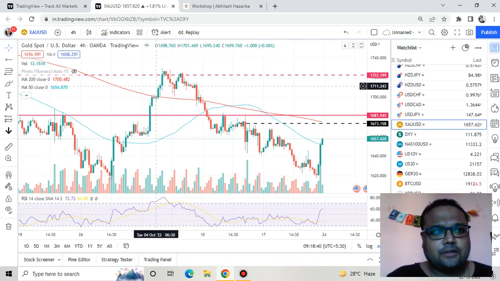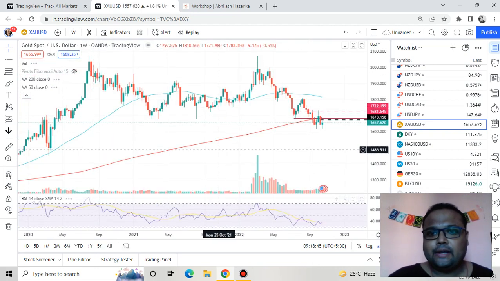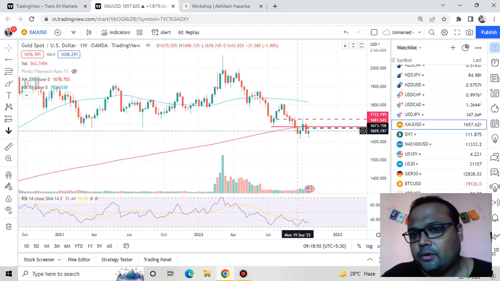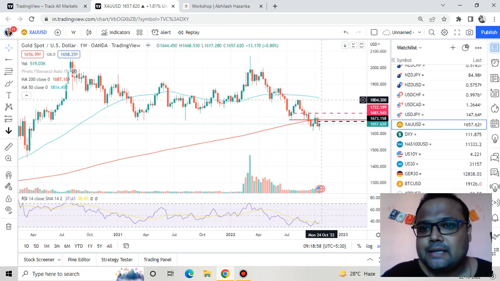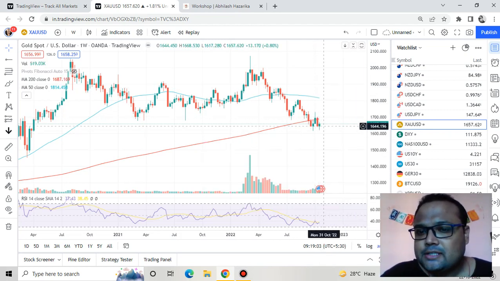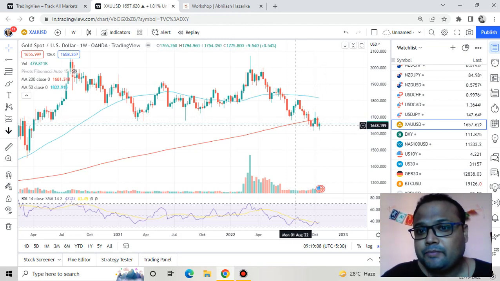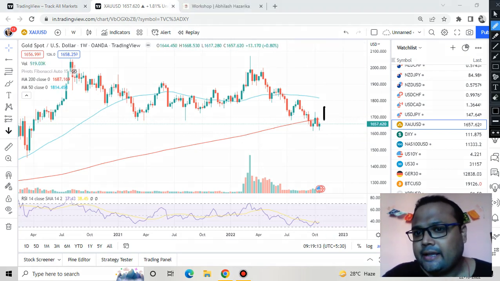Now let's have a look at the chart of gold. First of all, I would like to take you to the weekly chart. On the weekly chart, we can see that when the market broke the support, also the 200 moving average, overall the market did not break it. If I remove the drawings here, you can see the market still tried its best to respect the support, and the market is still not surrendering. So as a result, in the weekly chart, there is a possibility that there can be some upside.